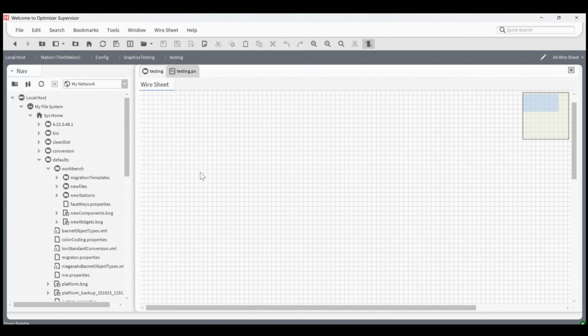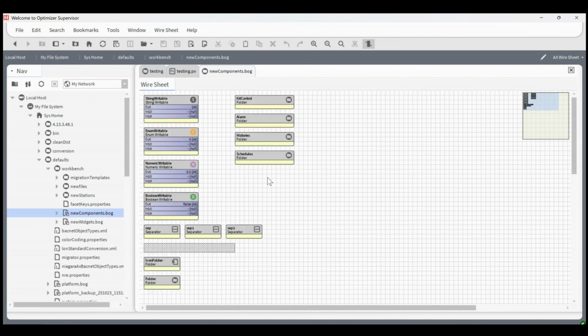Now I'm going to create a new tab. If we go ahead and open this up, I already have a bunch of stuff in here, but when you open this for the first time, you should just have your 4 point types, icon folder, the text block, and the folder, and you'll have a separator. So for what we're going to do